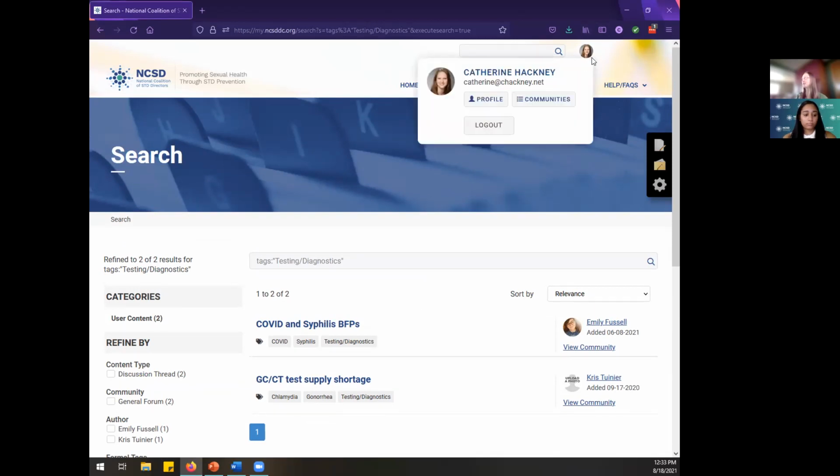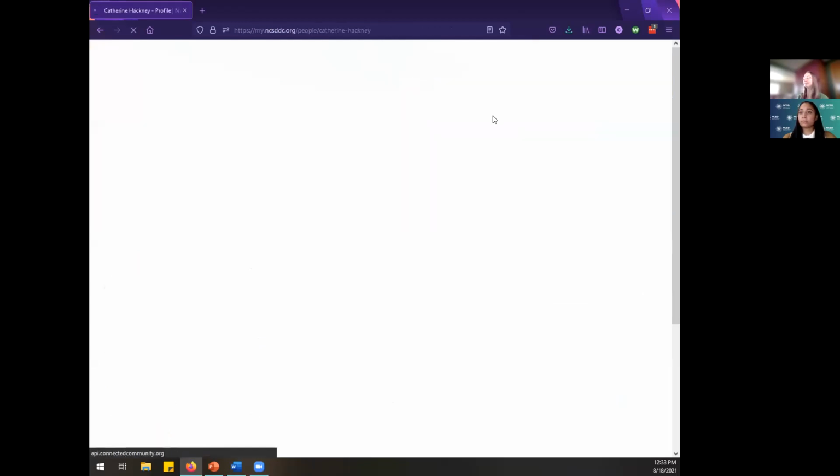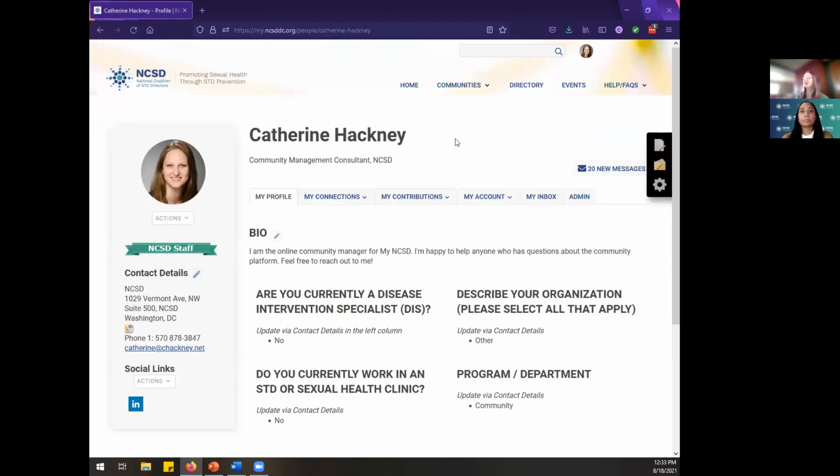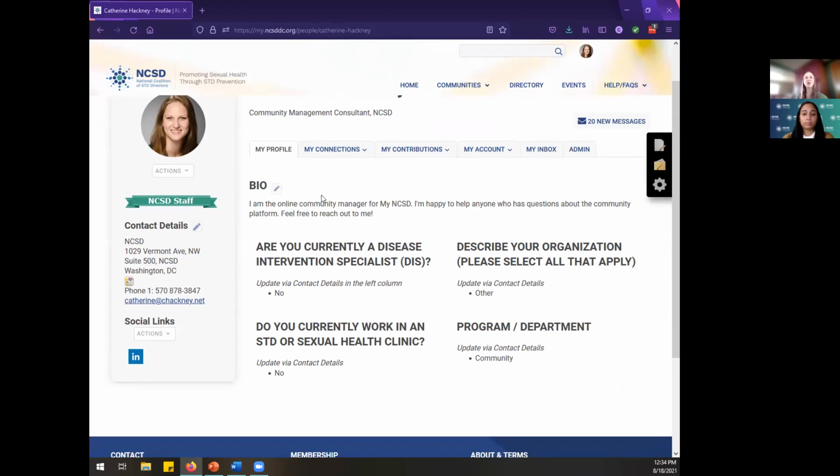So again, I can click just on my profile picture or the avatar that you'll see up at the top to get into my profile. From your profile, you're definitely going to see more complete information than other members see about you. So it's nice to go through the directory and click into other member profiles and see what information is actually visible to you on their profiles. And then you can decide how you want to fill out your information as well.